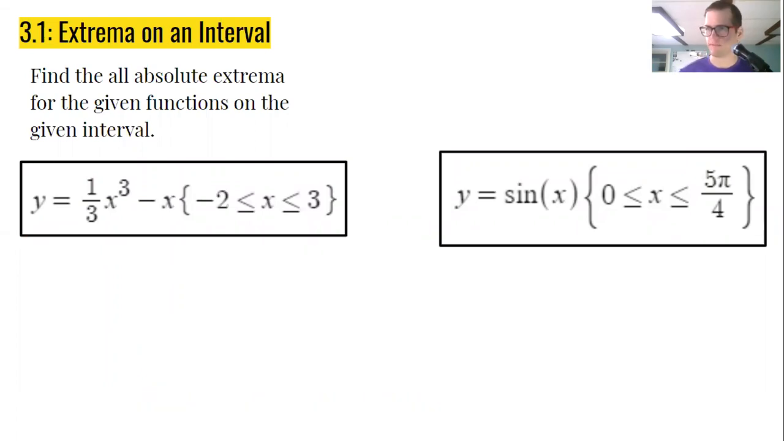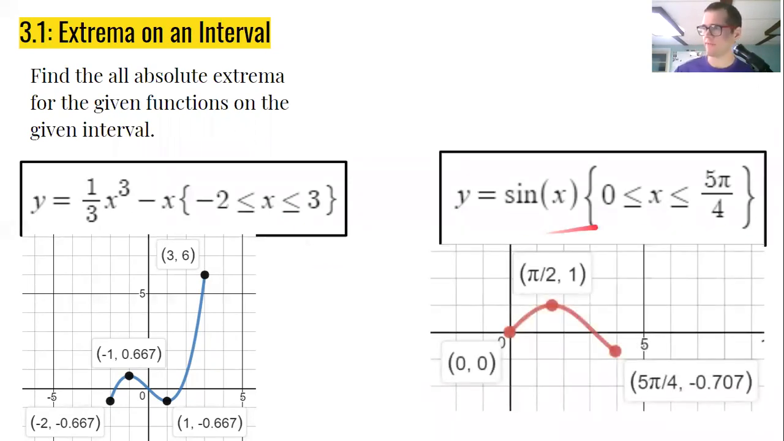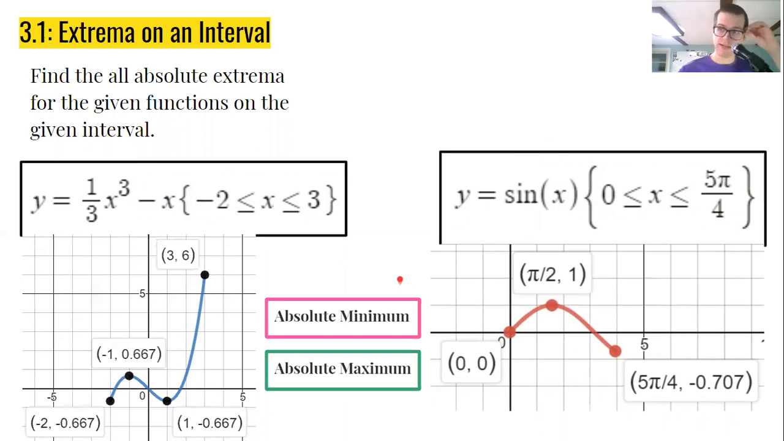So let's do that. And I'm just showing you the graph to point this out. There's our graph. And here's the graph for sine of x from 0 to 5 pi over 4. And again, the derivative of sine is cosine. Cosine's zero, the critical point from 0 to that, is pi over 2, which you can see right there. So again, if we're trying to identify some absolute minimums,